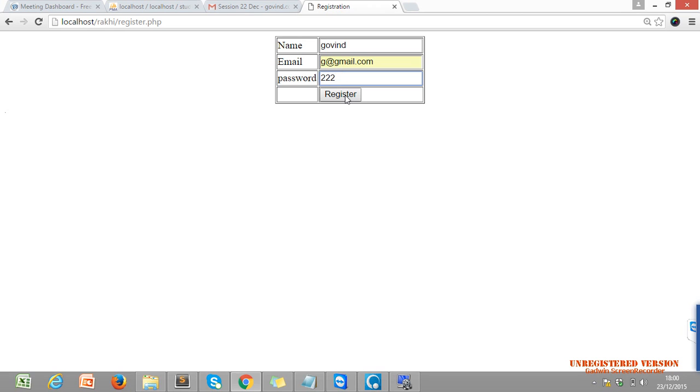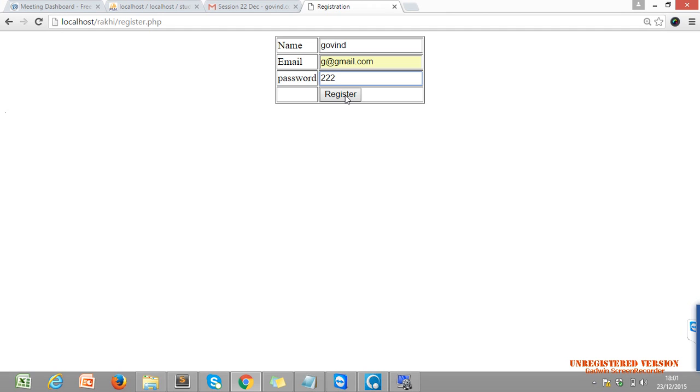If we click on register, then our form will be submitted, and our values will be sent to itself, to the same form. So we have to catch these values, because we need them for inserting into our database.